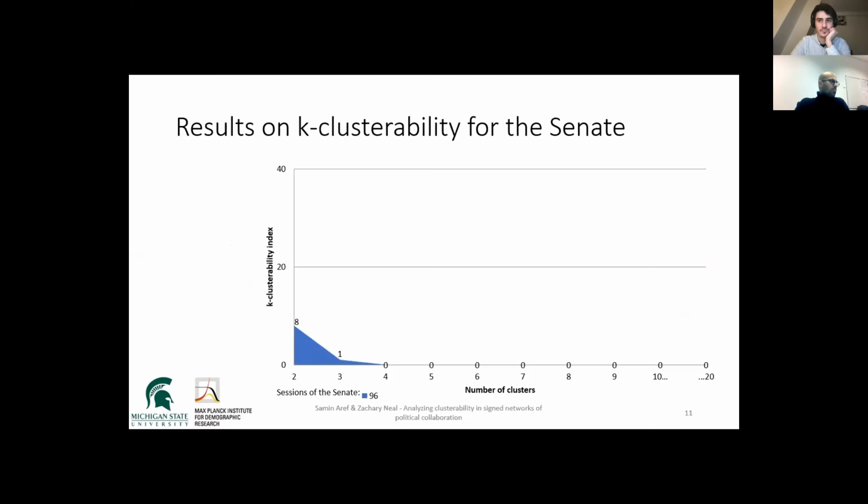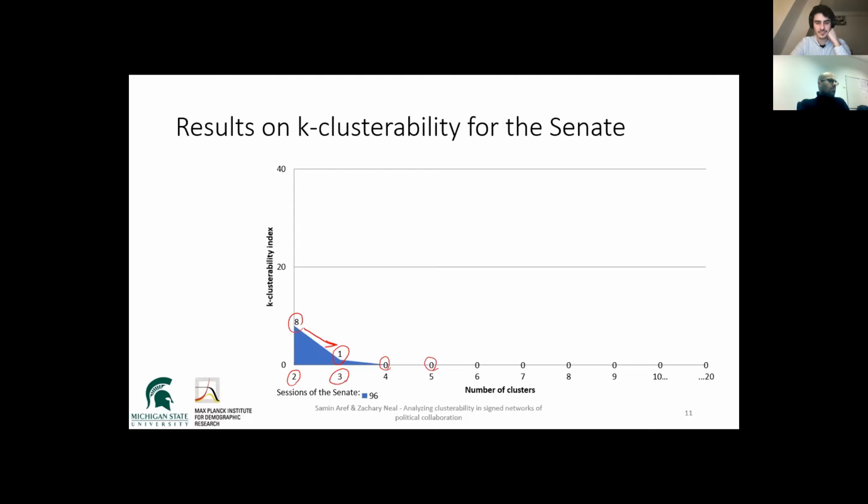Now let's move on to the results on K clusterability index for networks of legislators. Here on this plot, we see on the x-axis the number of clusters and on the y-axis the K clusterability index. As you can see, when we use 2 clusters, we have 8 frustrated edges, but as soon as we use 3, the number of frustrated edges is reduced to 1. So we see a decline between going with 2 clusters as opposed to 3 clusters. And then if we use more clusters for this network, which is the 96th session of the Senate, we have 0 frustrated edges, meaning that the